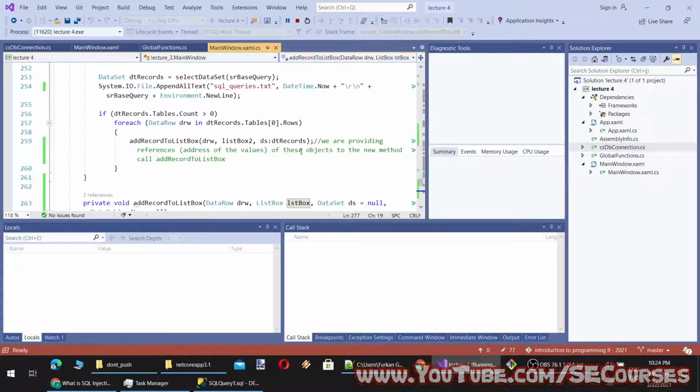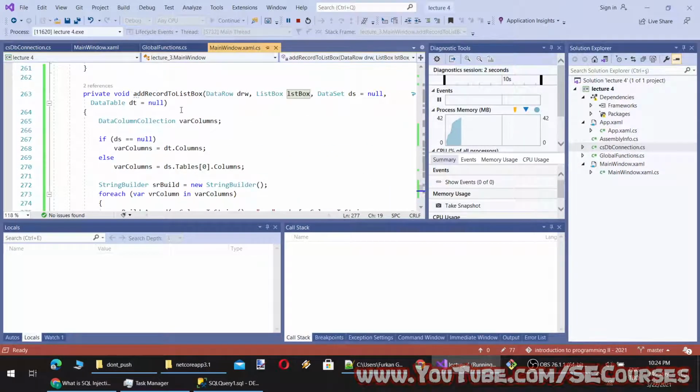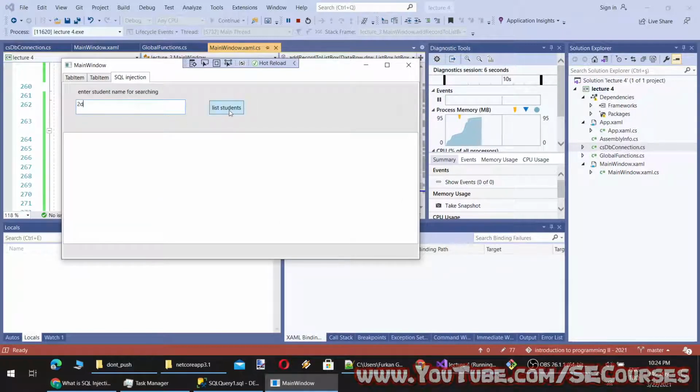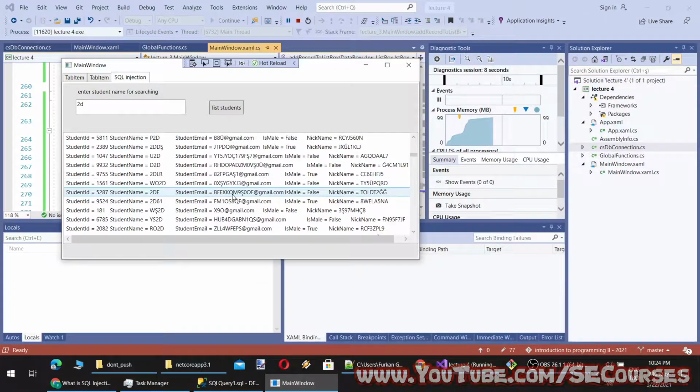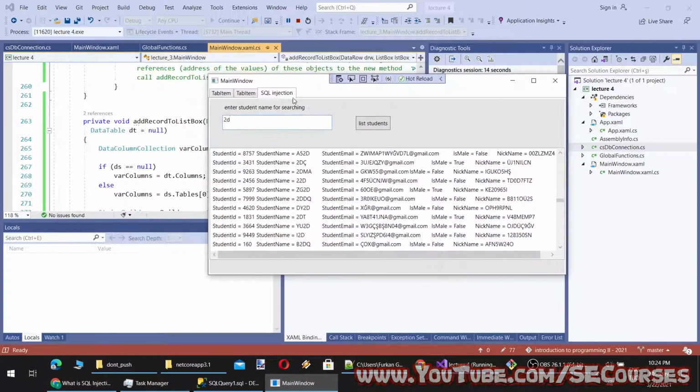You see, we have avoided writing duplicate code. We have converted our code into a method call, which can support multiple methods. Okay, now it's working. However, this is open to SQL injection. What do you think?